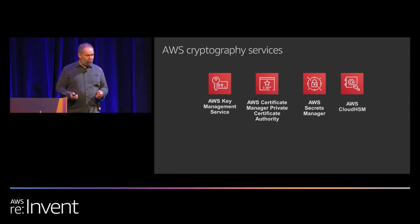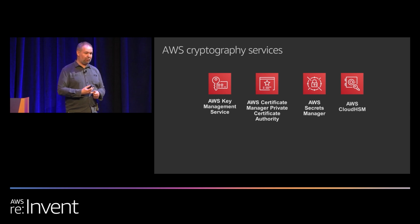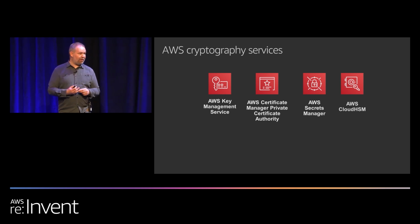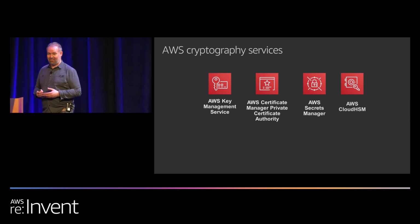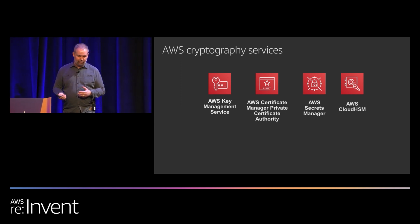So the key AWS crypto services, hopefully many of you that use our platform are familiar with them. So we have the key management service on its own. This is the main one that underpins many things we do. This is the service that makes it super easy for you to pick virtually any AWS service now and check a box and say, encrypt my data. We have AWS Certificate Manager, Private Certificate Authority, which helps you build and run your own PKIs. AWS Secrets Manager, which is somewhere for managing your secrets, a secrets vault, if you like. And then we have the Cloud HSM service and all of its raw terror and capability when you need something that does PKCS 11 or equivalent. So let's look at each of these